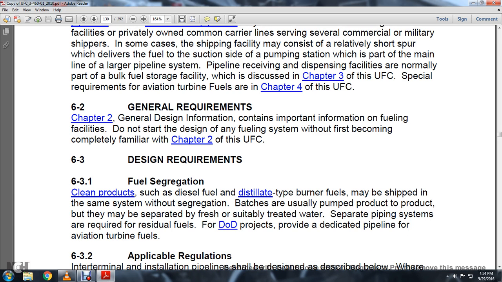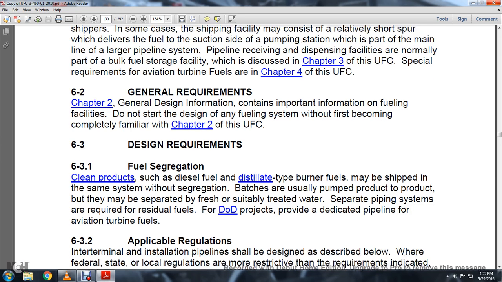6.3 Design Requirements. Fuel segregation. Clean petroleum products such as diesel fuel and distillate type burner fuels may be shipped in the same system without segregation. Batches are usually pumped product to product. They may be separated by fresh, suitably treated water. Separate pipeline systems are required for residual fuels. Department of Defense projects must be provided with a dedicated pipeline for aviation turbine